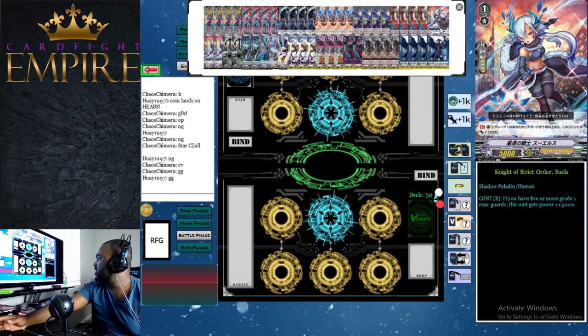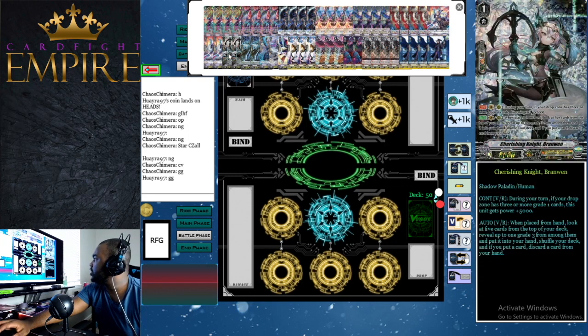Then we have 3 Knight of Strict Order Souls. We cover this card pretty simplistically. If you have 5 or more grade 1 rearguards, this unit gets plus 15k power, so it becomes a 20k booster or a 20k attacker by itself. Very good. Then we run